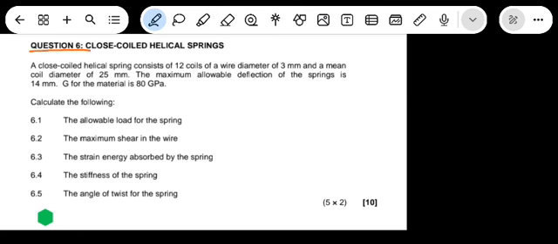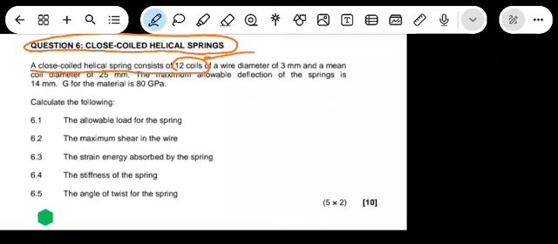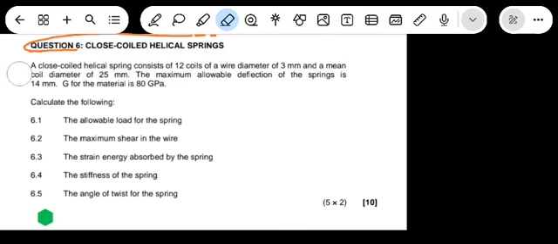So given this typical question 6, a closed coil helical spring. It says a closed coiled helical spring consists of 12 coils. This is the number of coils, N, with a wire diameter of 3 and a mean coil diameter of 25. The maximum allowable deflection of the spring is 14, and G is the modulus of the material. Calculate: